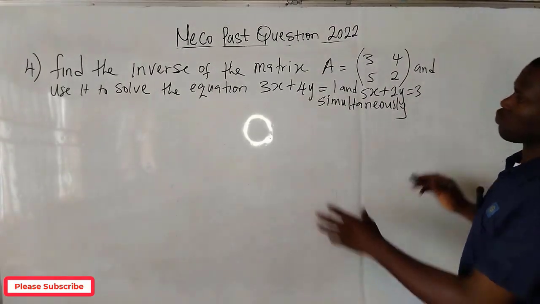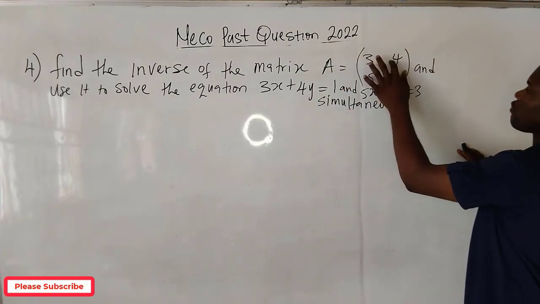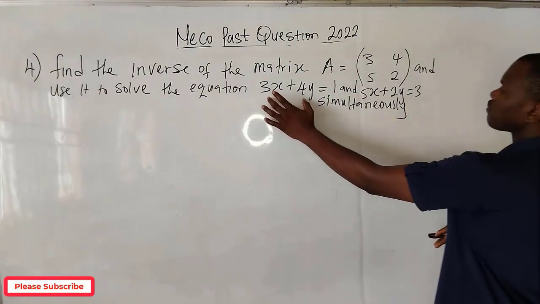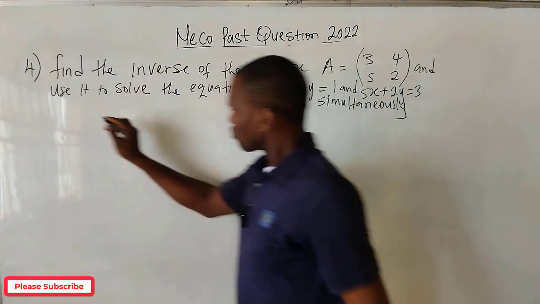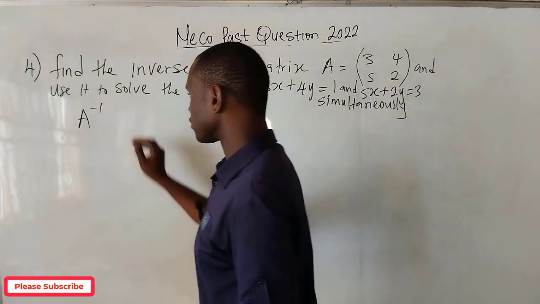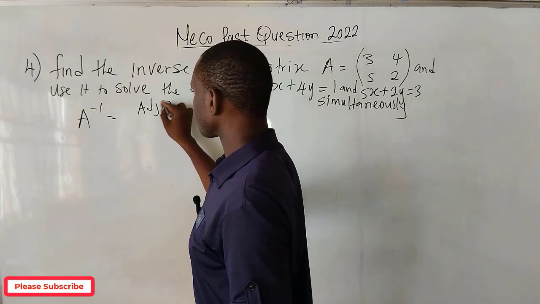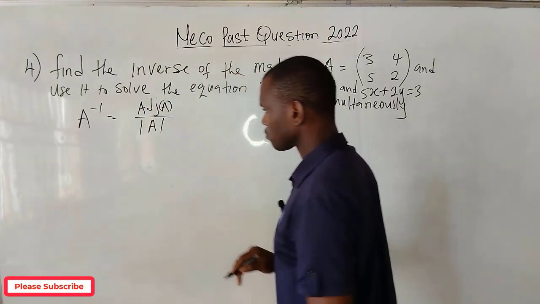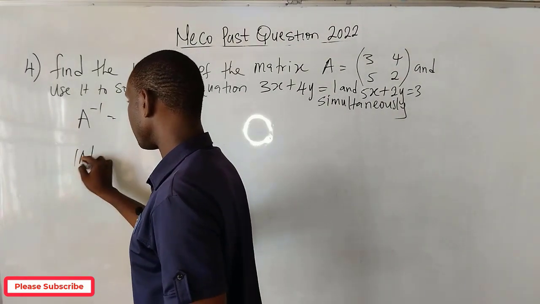For question number 4, we are asked to find the inverse of the matrix 3, 4, 5, 2. And we use the solution to solve these two equations simultaneously. Now, to find the inverse of a matrix A, that is A inverse, we find the adjoint of A over the modulus of A. To solve the determinant, that is the modulus of A, first,